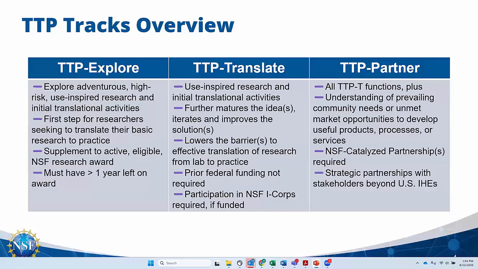They will either be a co-PI on your award, or they'll be listed as a senior key personnel. And this outside entity or this outside partnership will be an individual or entity that is really engaged and interested in the success and translation of your technology into some sort of product or solution.